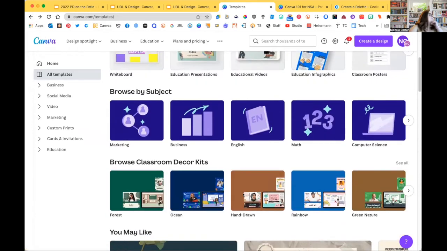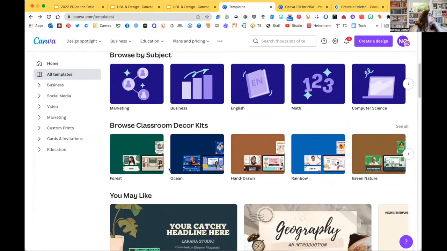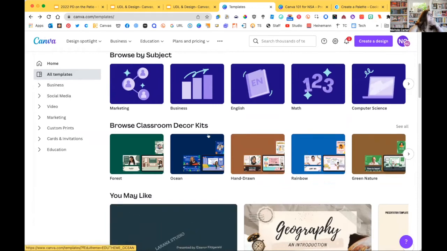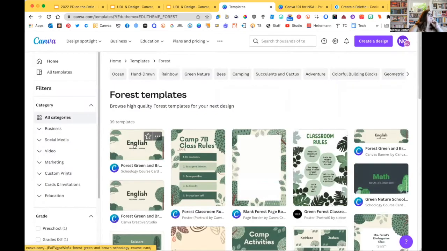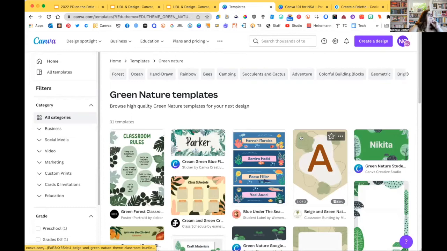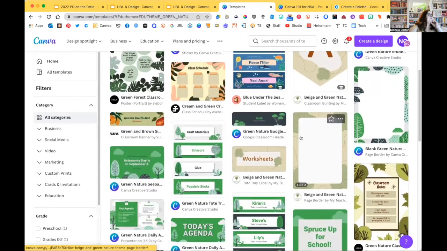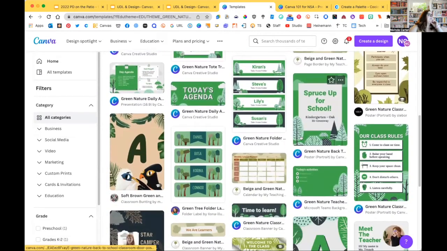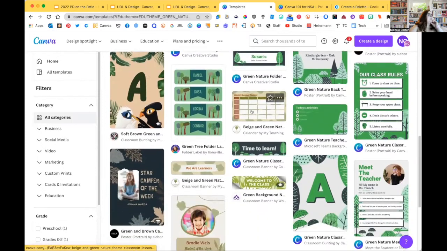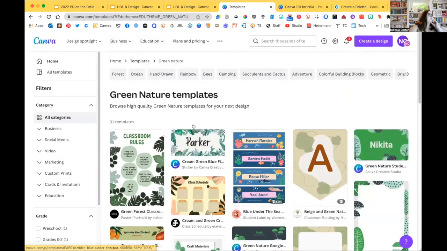You also have these great classroom decor kits, which is just a total side note and has really nothing to do with content or curriculum. It's more about creating decorations for your classroom. But what I think is so interesting is they've got these little templates that you can use for creating banners and labels, and they all can be one specific